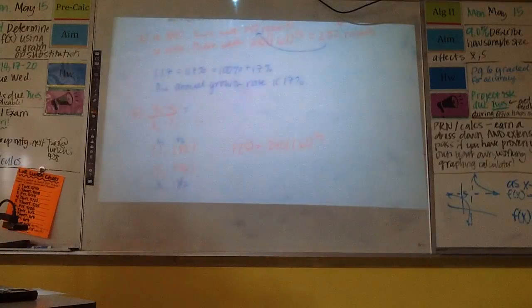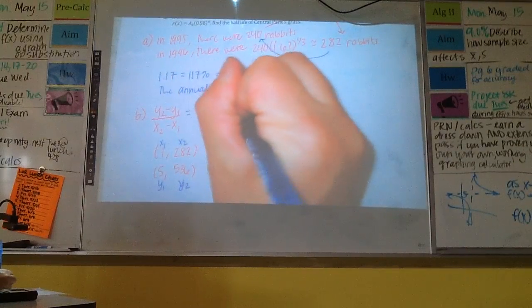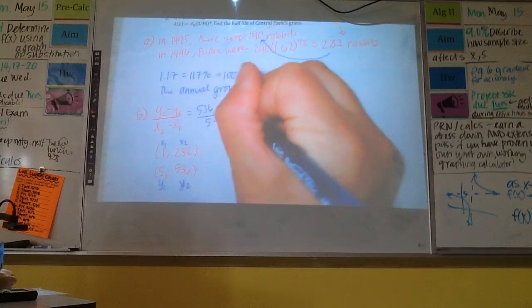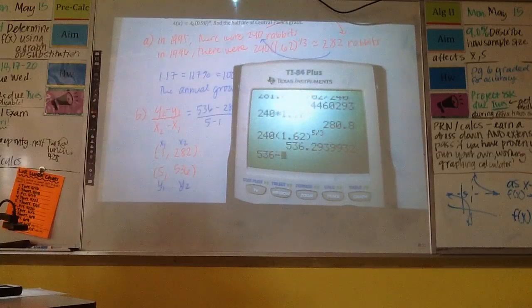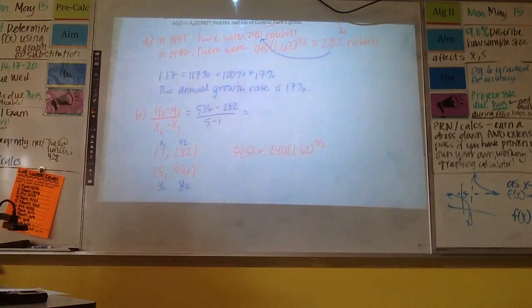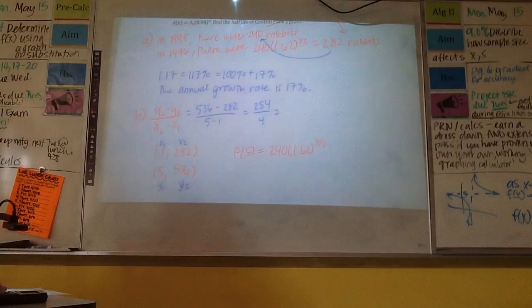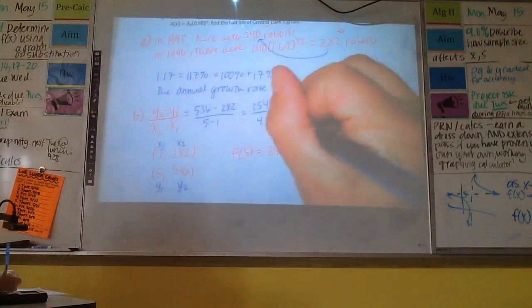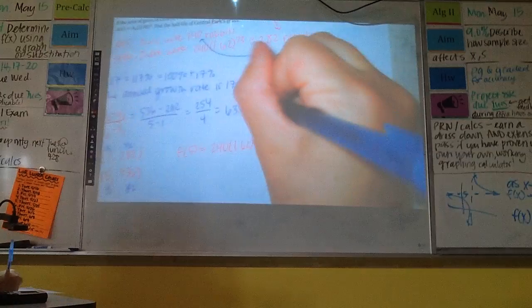Now I just need to substitute and subtract. Grab my calculator. 254 over 4. I can divide right on my calculator. So this would be 63.5. That is the rabbit